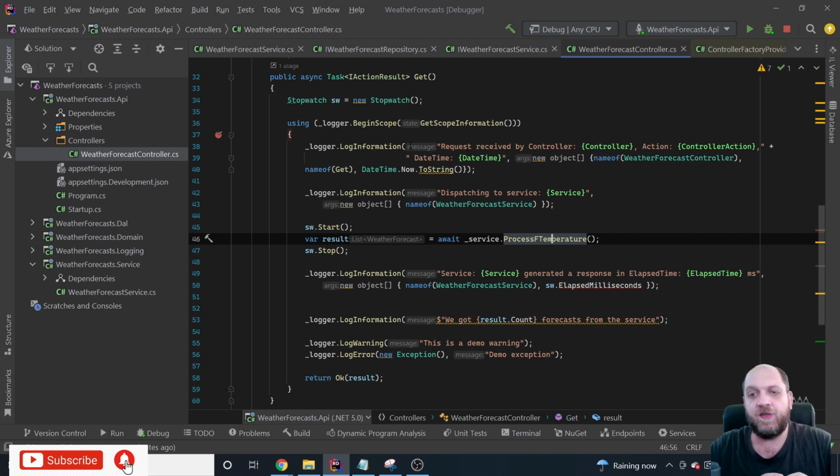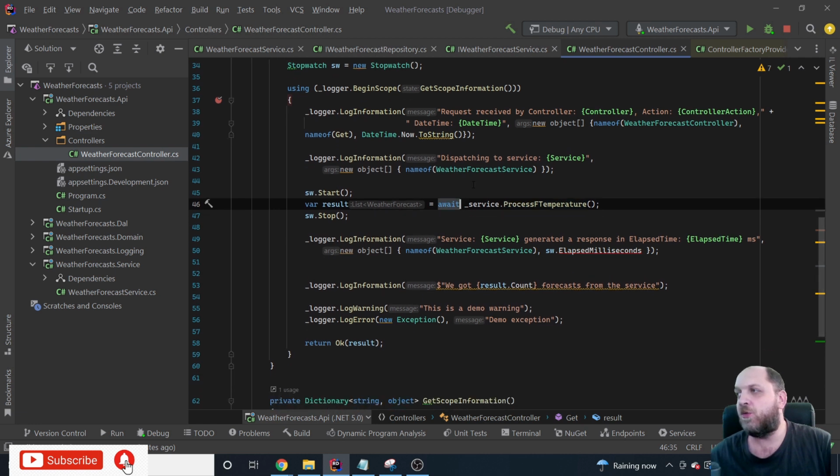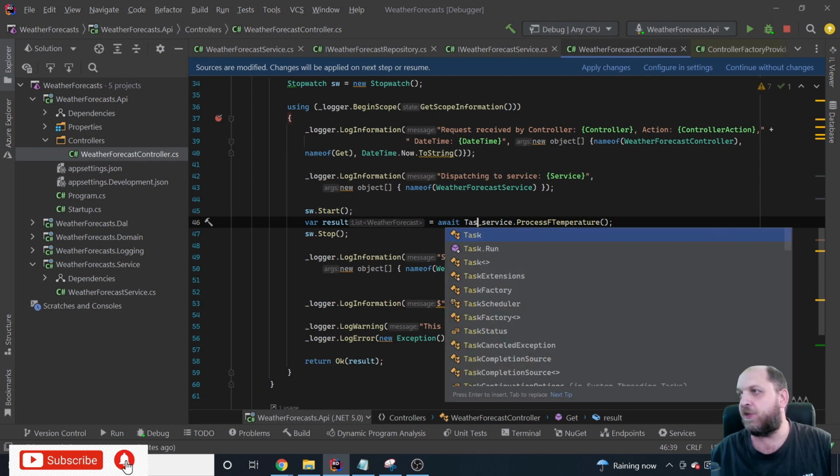If the logger is not thread safe, it wouldn't have an opportunity or an option to pass in or make this scope information available throughout the different threads that might arise here. So to simulate this, because we never know exactly if or when a new thread is created for an async operation, we'll try to bypass it and force it a little bit to create a new